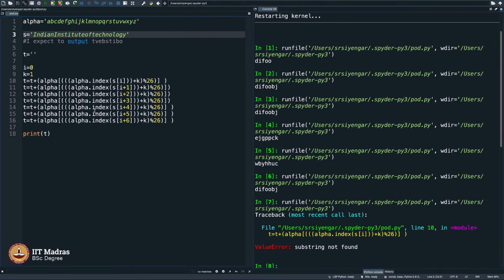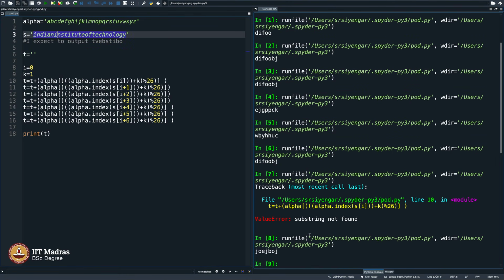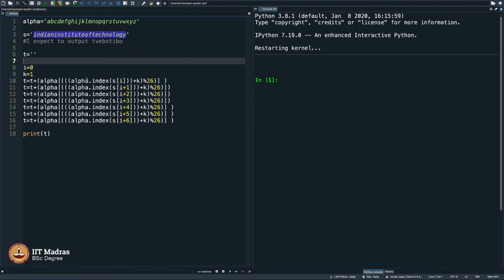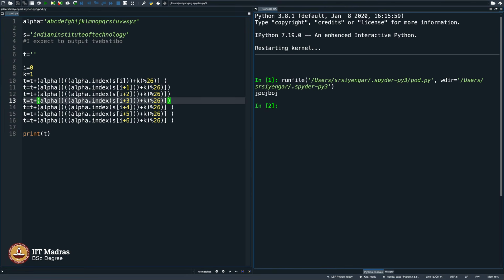That's because we have a capital I here. See, such small mistakes one has to be very careful about, right? So the capital I here created a problem and now it is going good. Clear screen and let me show it to you. What this is doing is simply taking the first 1, 2, 3, 4, 5, 6, 7 letters of this and then shifting it by 1. Indian becomes JOEJBOJ,